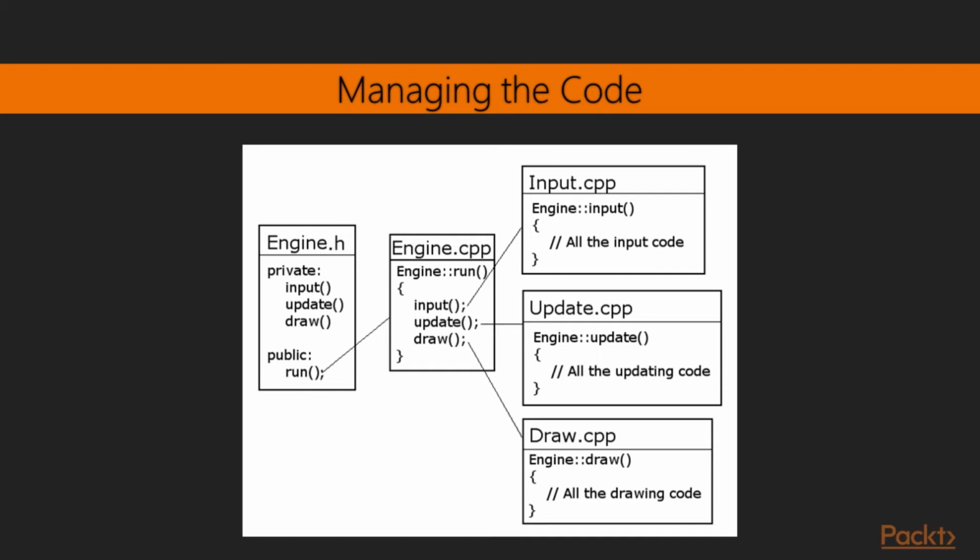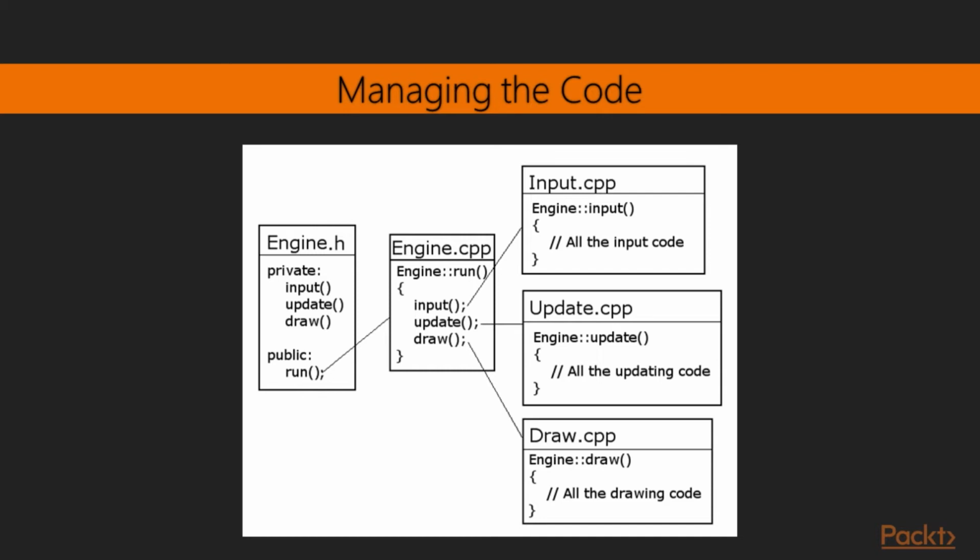input.cpp, update.cpp, and draw.cpp respectively. There will also be one public function in the engine class, which can be called with an instance of engine. This function is run and will be responsible for calling input, update, and draw once for each frame of the game. Furthermore, because we have abstracted the major parts of the game engine to the engine class, we can also move many of the variables from main and make them members of engine.